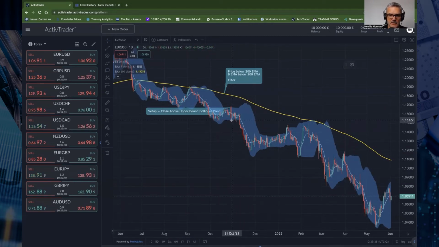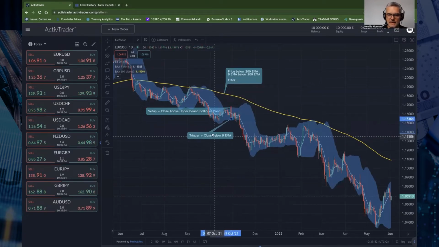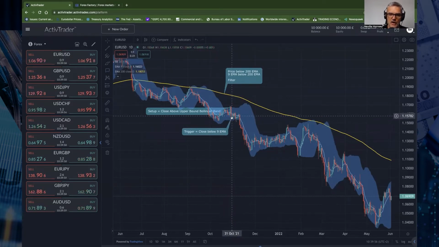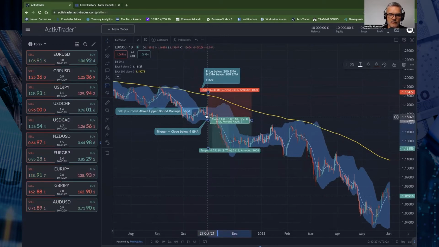So this candle here on the 29th of October 2021, on that close, this was the trigger, which meant at the end of the day, we could then set a short for either a break of the low of this candle or just at the next candle's open. Now with this strategy, we're going to use a risk to reward ratio of 1 to 2. So if you take a break of the low of the trigger candle, then that's where you're looking to get